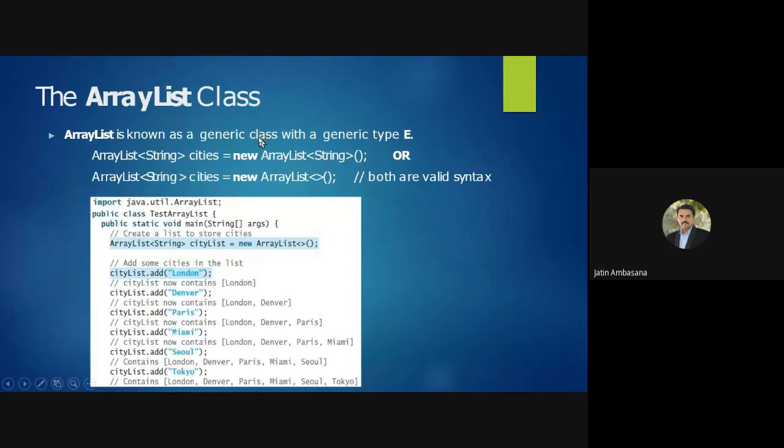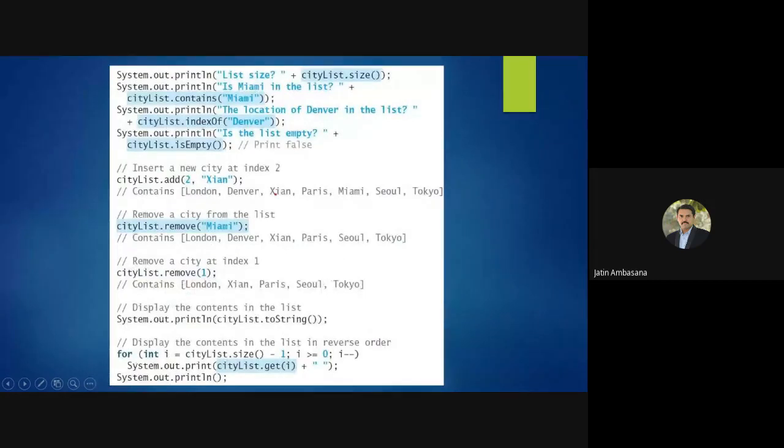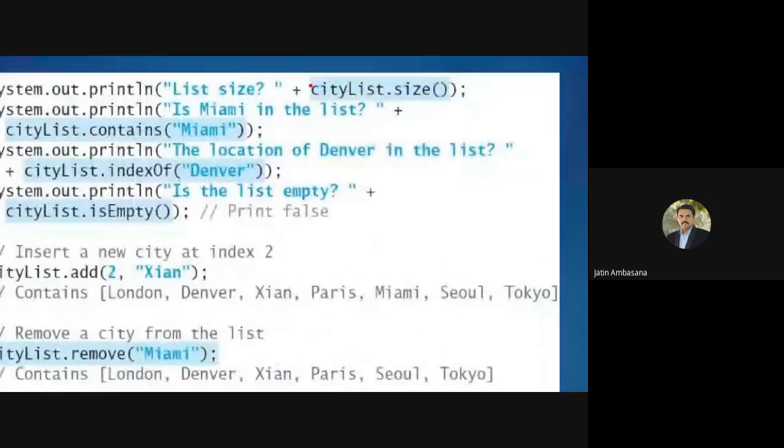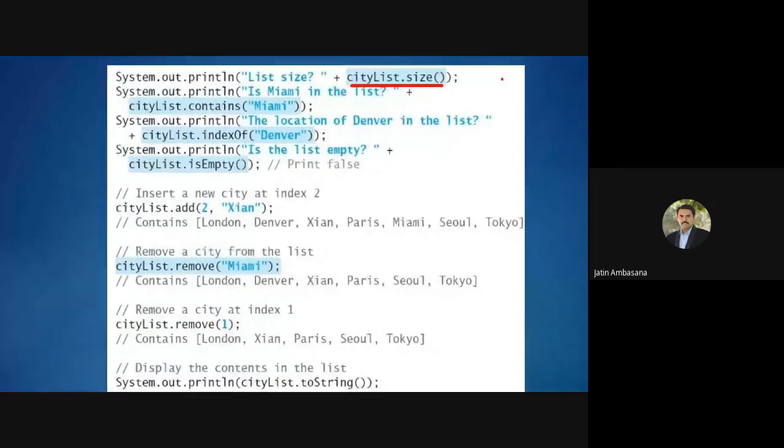Now once you have added the various string objects into this ArrayList, like it's about 1, 2, 3, 4, 5, and 6 objects, what you can do with that, you can check what the size is. So what will this return? Obviously this will return the value 6, because these are 6 string objects we have added.